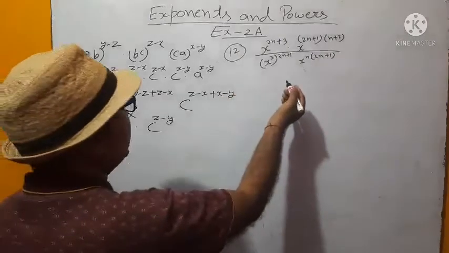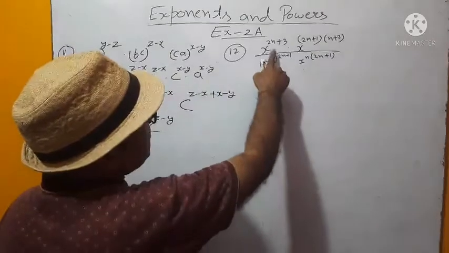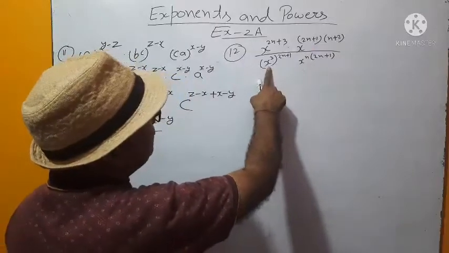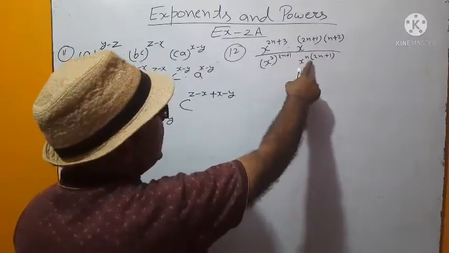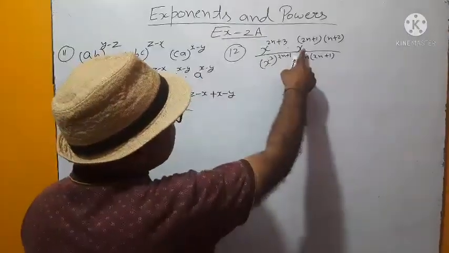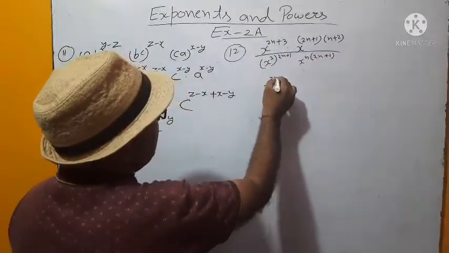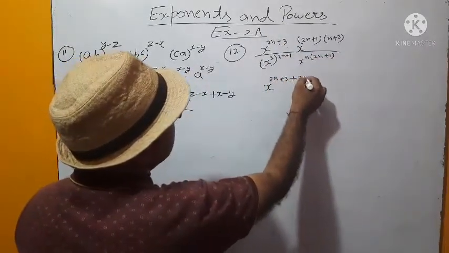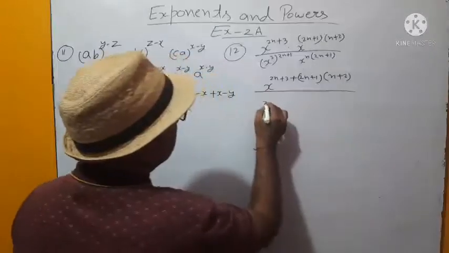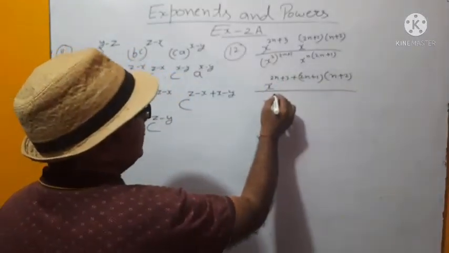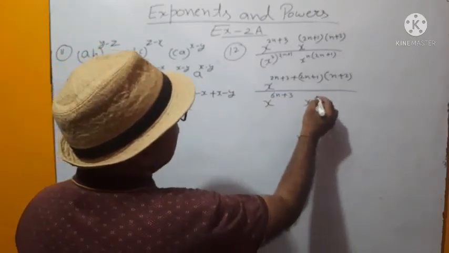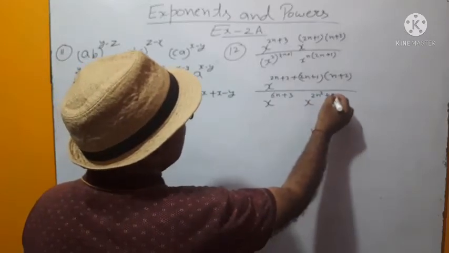Now here question number 12. x power 2n plus 1 into x power 2n plus 1 into n plus 2 upon x power 3 whole power 2n plus 1 into x power n into 2n plus 1. So what we can do? If bases are same, then exponents are added: x power 2n plus 3 plus 2n plus 1 into n plus 2, upon exponent over exponents are multiplied. So 3 2s are 6n plus 3 1s are 3, into x power 2n square plus n.